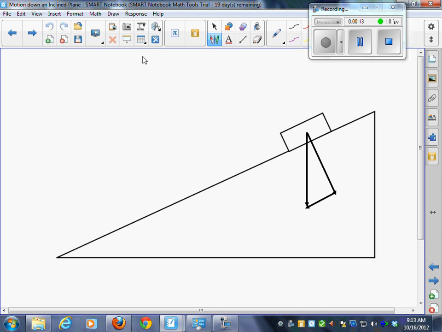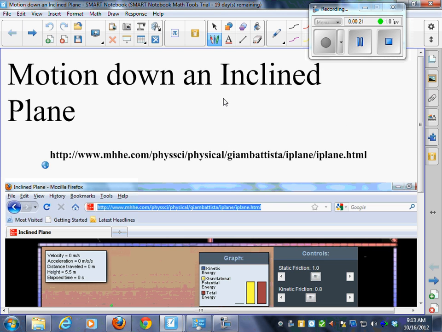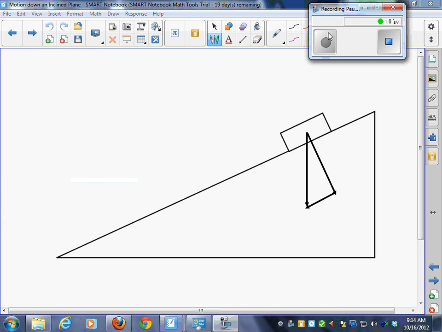Let's talk about motion on an inclined plane. So what I'd like you to do is draw that picture. If you want to title your notes, it's just motion down an inclined plane. All right, so yes, I'd like you to draw that ramp, put the block up there, and then a little